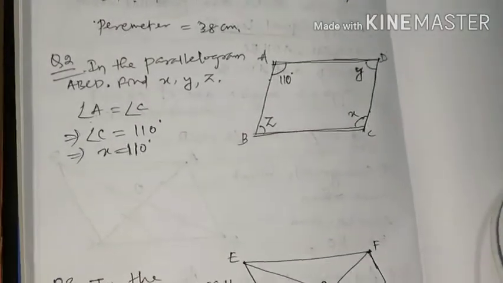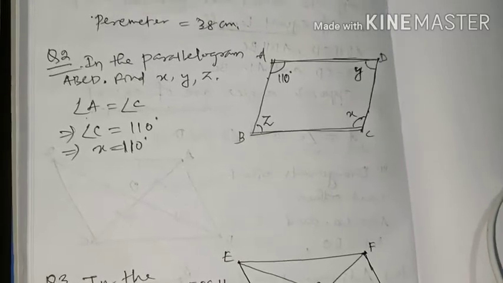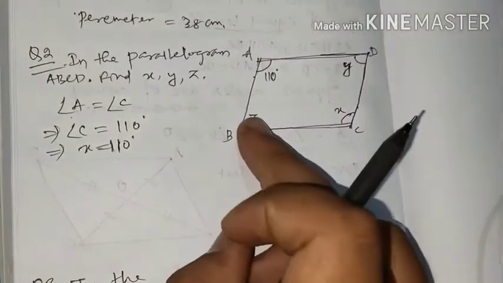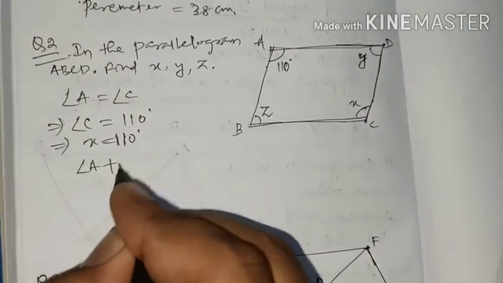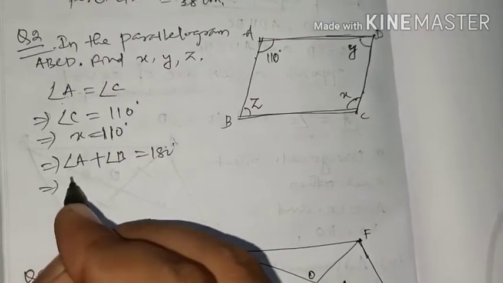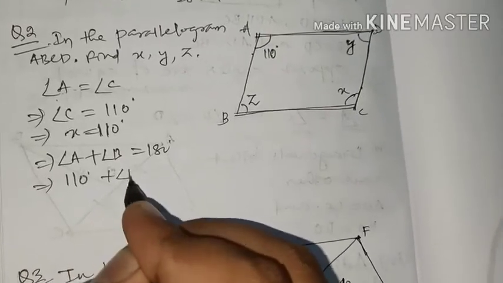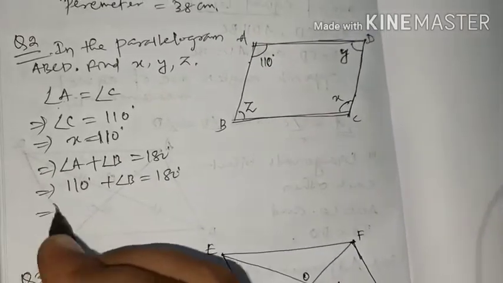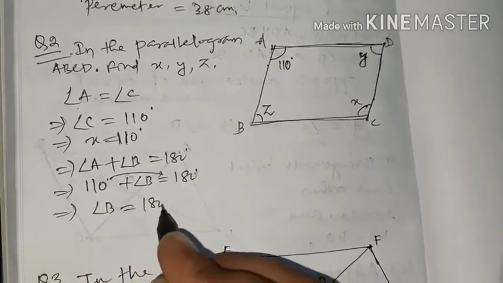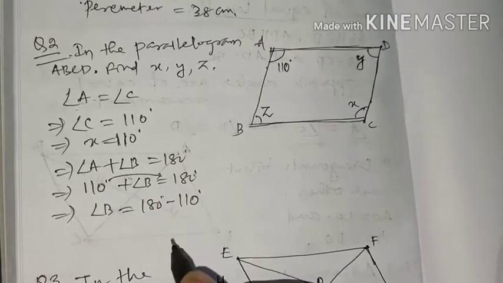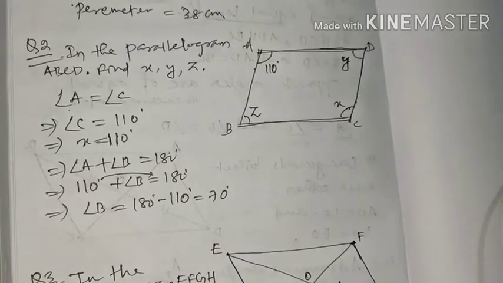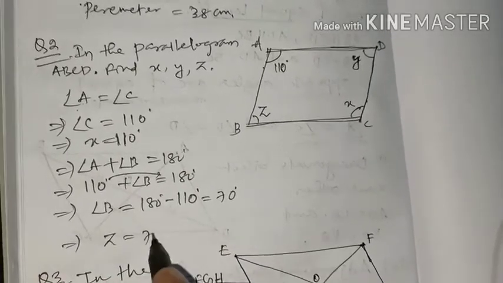Also you know another property of parallelogram, that is the adjacent angles are supplementary. You know that here A and B are adjacent angles. So angle A plus angle B is equal to supplementary, means 180 degree. Again you know that the measurement of angle A is equal to 110 degree, plus B is equal to 180 degree. Now you can write, if we transpose 110 to the right hand side, angle B is equal to 180 minus 110. Again you will get 0 minus 0 is 0, 8 minus 1 is 7, 70 degree right now. And you know that B is Z, so Z is equal to 70 degree.